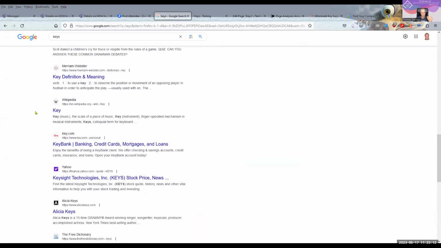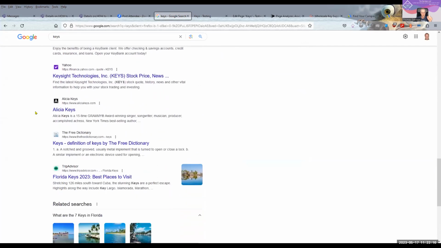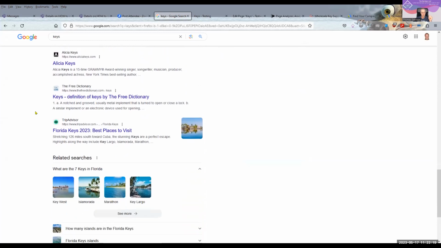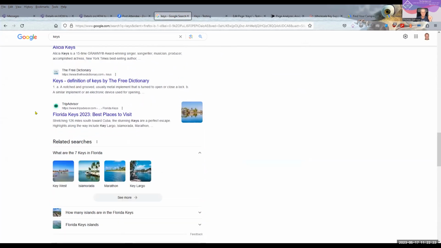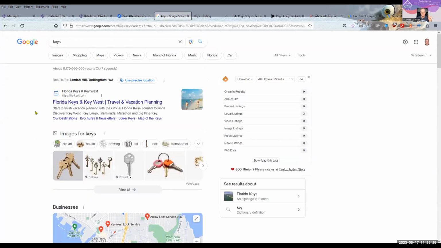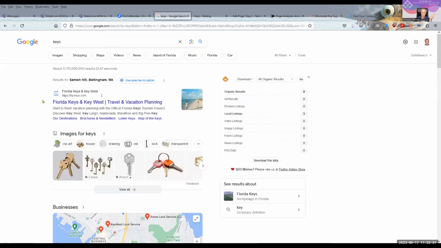Looks like the first one, Alicia Keys is in there. The first actual key site, there's nothing there. Now, I'll tell you why I did this is because this site was in the top of that search. But as we can see today, it's not. So they were there only because they were advertising.